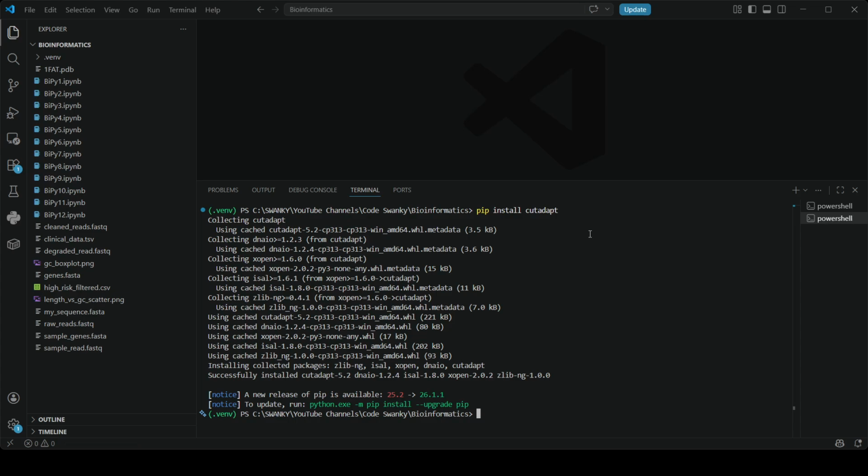I think it got reinstalled or maybe it got updated. I don't know. Once that is done, we will verify that it is installed correctly by asking for its version. Okay, so let's check it. cutadapt --version. And yes, if you see a version number like this pop up,